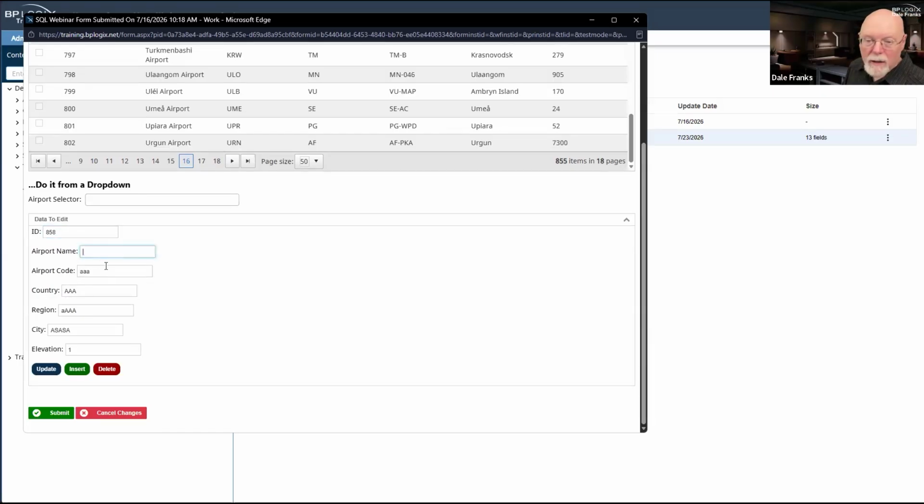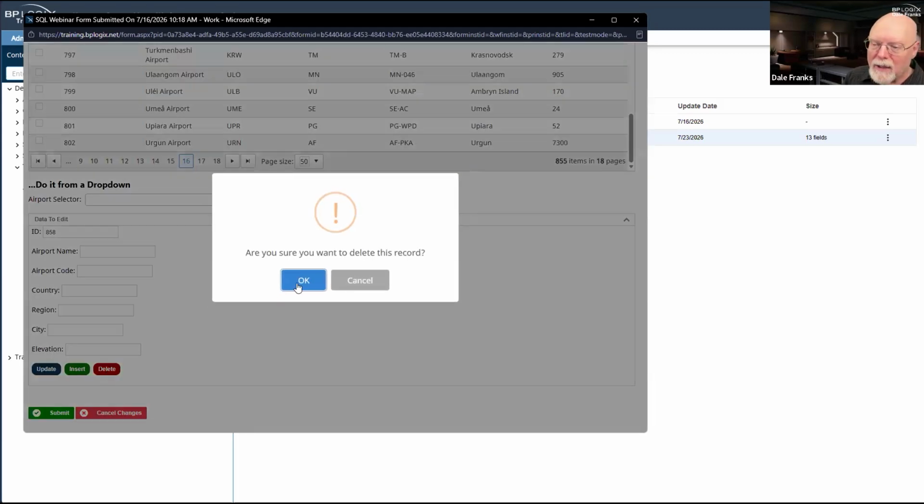By the way, none of this information is necessary at all. I don't care about any of that now. I'm going to be deleting it all anyway. The only field that matters here is my ID field, my airport ID, which is to delete, in this case, airport ID 858. So I'm going to hit delete here. Once again, I get my confirmation dialog.